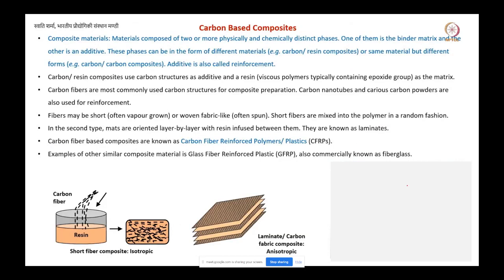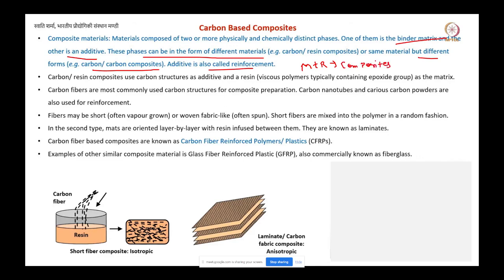Now the carbon based composite. So there is composite material. The material is composed of two or more physically and chemically distinct phases, which we call a composite. Okay, so one of them is the binder, which we call the matrix, and the other is the additive. These phases can be in the form of different materials or the same materials but different forms, for example carbon or carbon composite. Additives are also called the reinforcement. So there you will have two parts. What are those two parts? The first one is your matrix and the other is your reinforcement, and this is called the